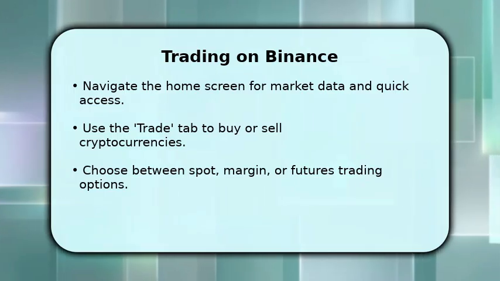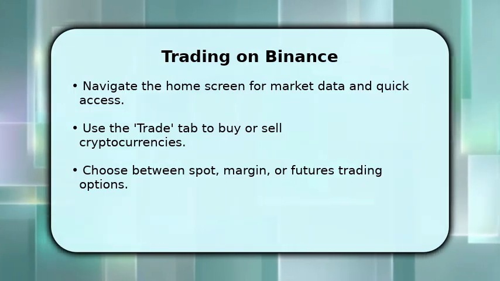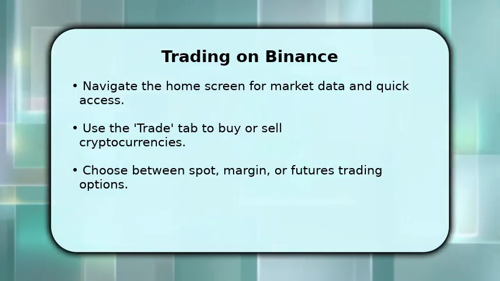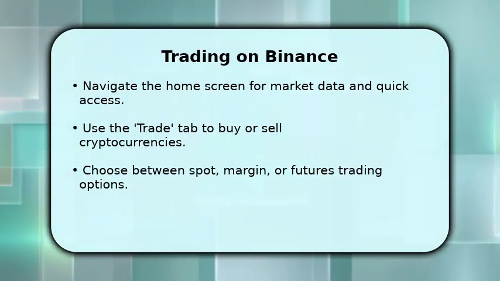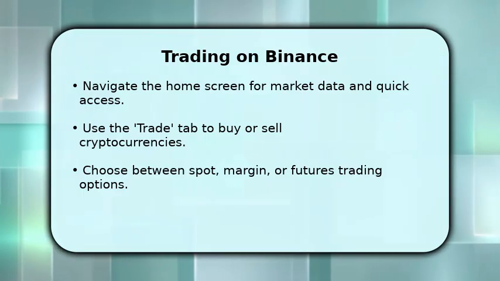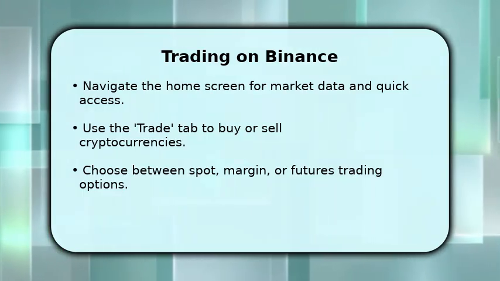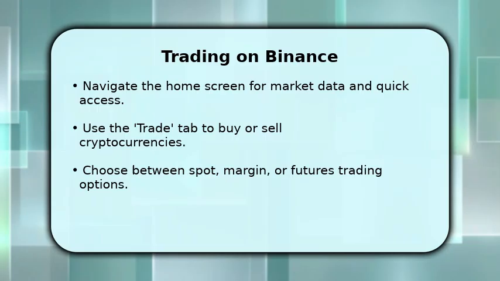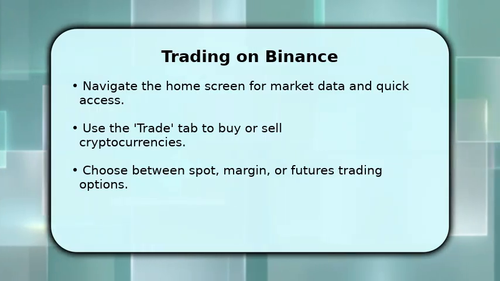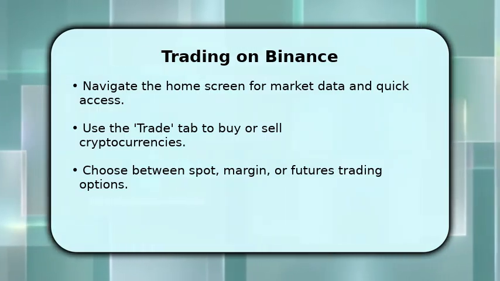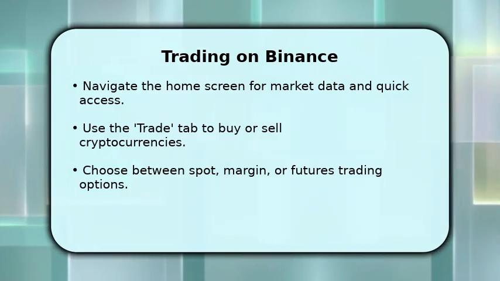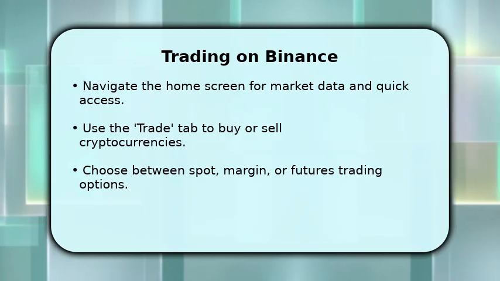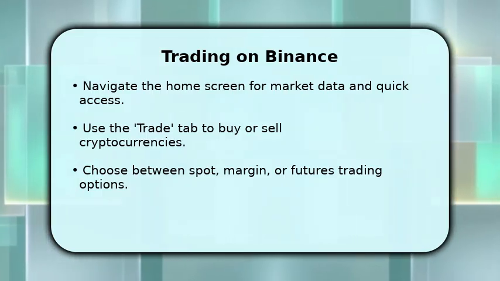Once your account is set up, navigating the Binance app is straightforward. The home screen provides a quick overview of market data and popular cryptocurrencies. To buy or sell, simply tap the Trade tab. Here, you can select from various trading options, including spot trading for immediate transactions or more advanced margin and futures trading. You can place market orders for instant execution or set limit orders to buy or sell at a specific